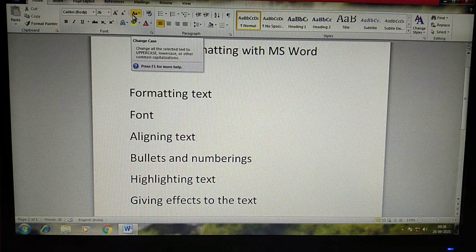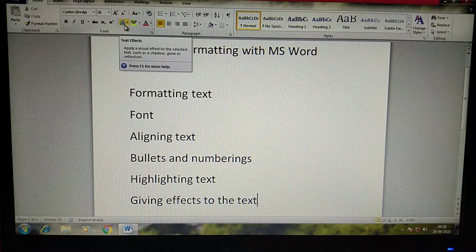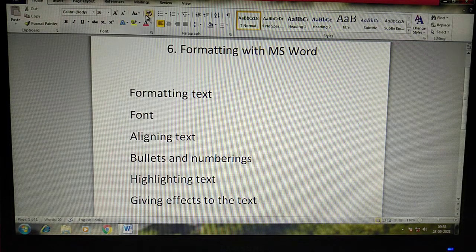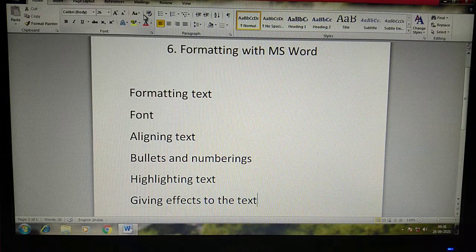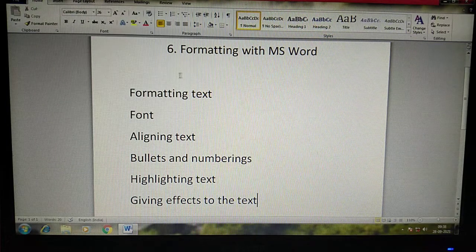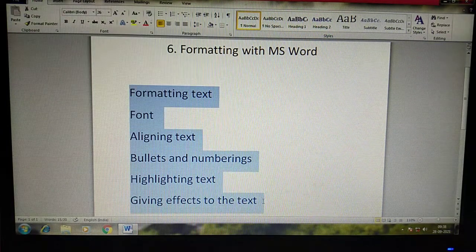This is change case. Then color, then highlight, then text border or text effects, then remove the formatting. So everything consists in the font group, in the Home option. Just see, I'll show you how to format your text. Okay children?